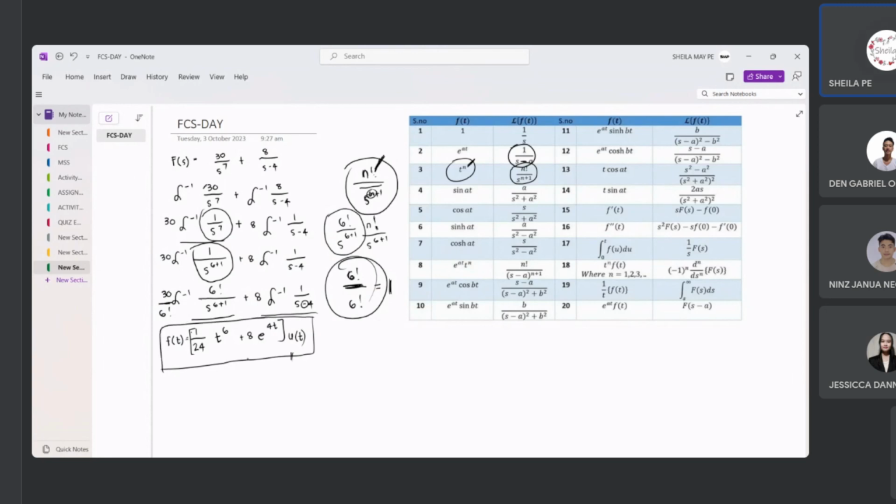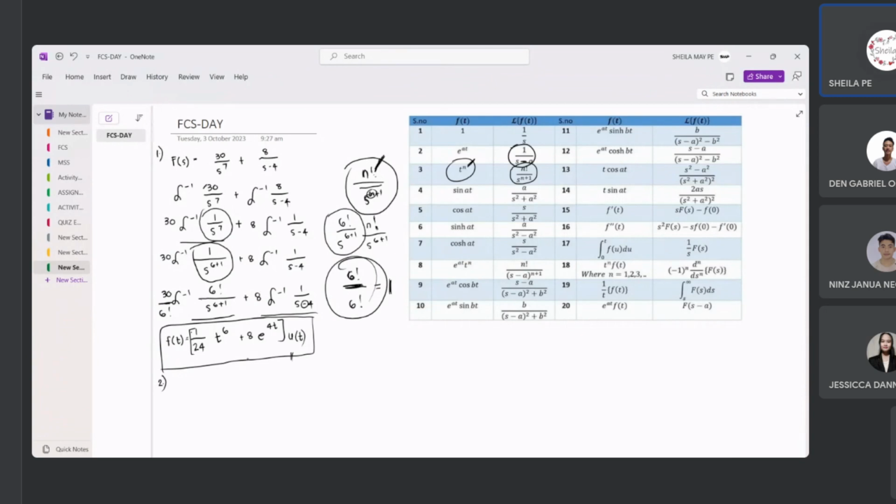Okay, so we have the answer f of t equal to 1 over 24 t raised to the power of 6 plus 8 e raised to the power of 40 u of t. Okay, that's our first example. Now for the second example,